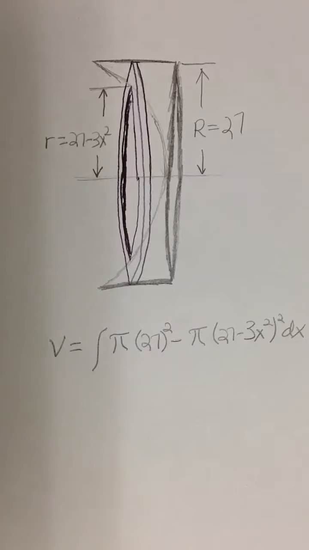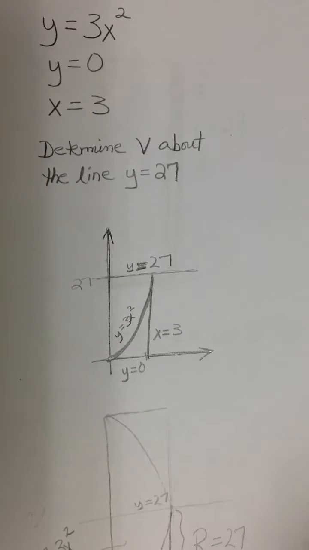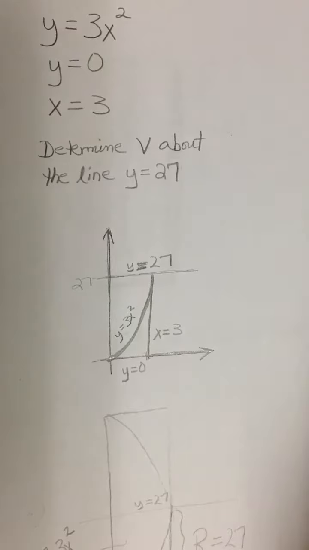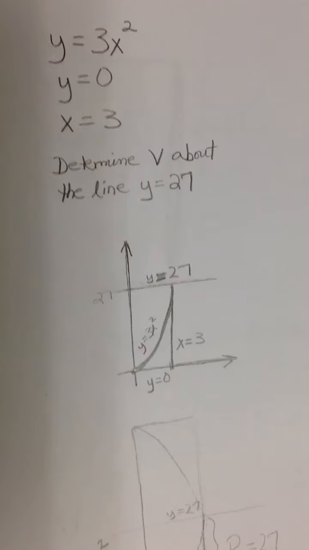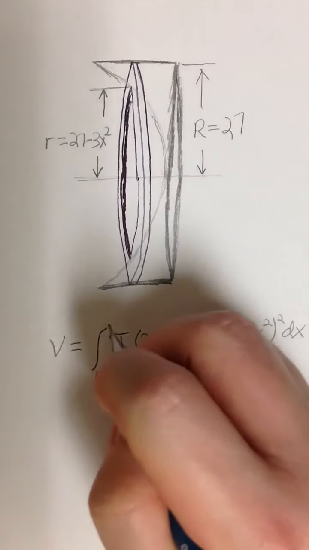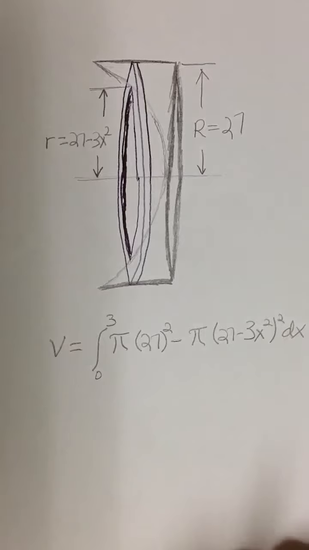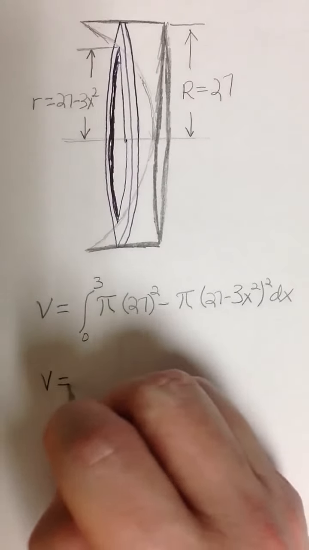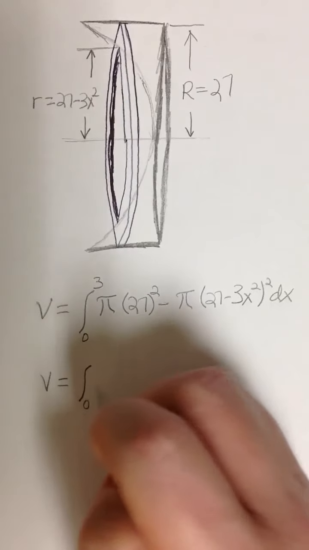And once again, in this figure, integrating over x, we're going from x is equal to 0 from the origin to the boundary with the upper limit x is equal to 3. And so utilizing the limits of integration, as we go from 0 to 3, it's going to follow that as we square the outside radius and the inside radius,